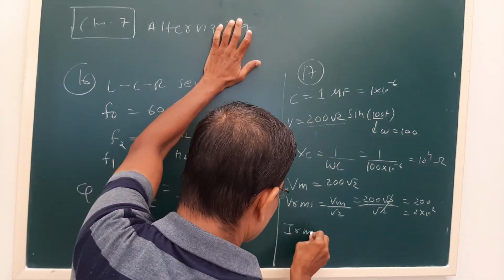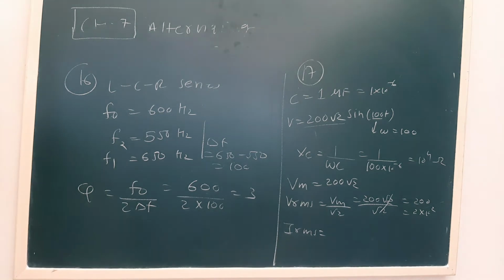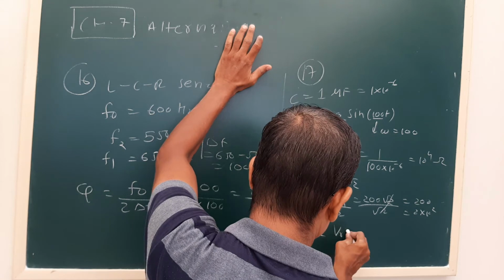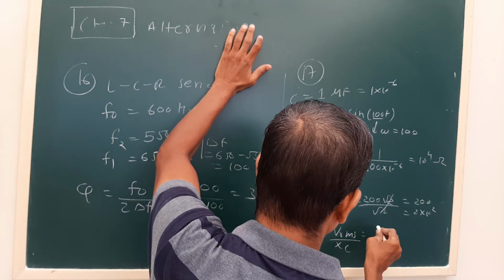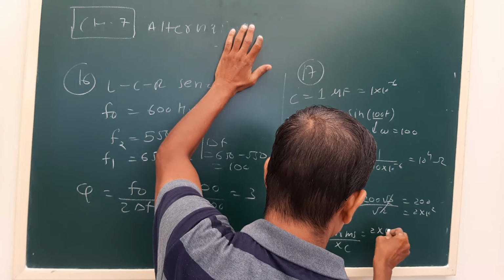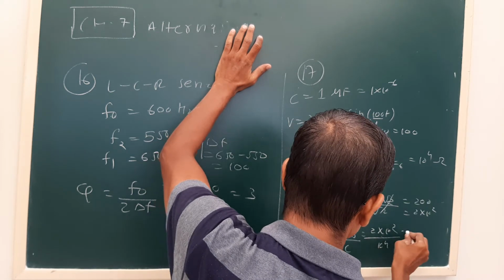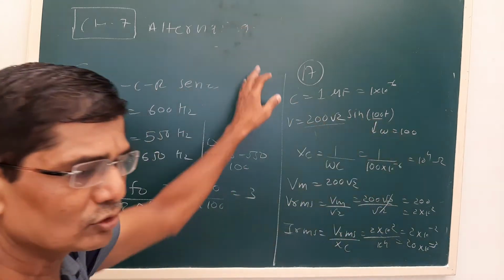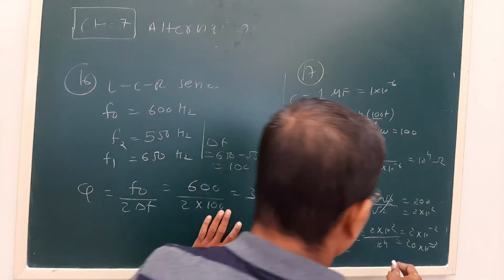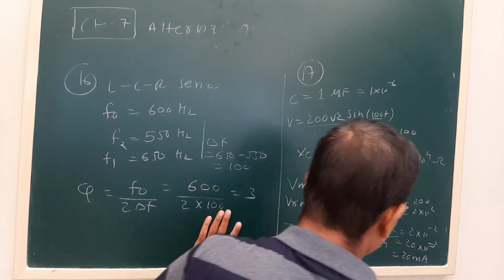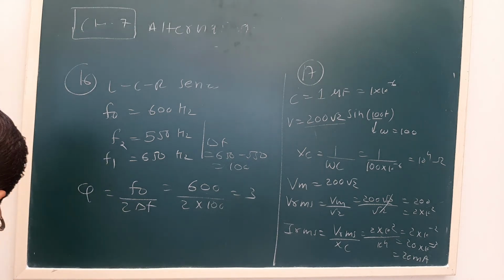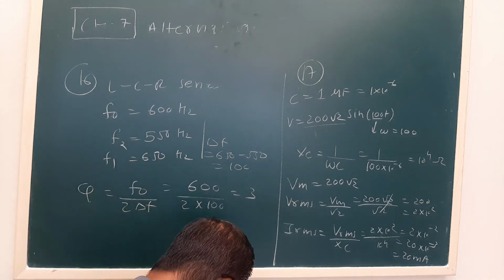Now we have to find out Irms. Okay. So RMS current in circuit with capacitor only is Vrms upon Xc. Vrms is 200. Here it is 10⁴. Okay, so if I solve, it will be like this. So that will be 20 milliampere. Okay, so this is how we can calculate the current in the circuit with only a capacitor. Okay, so this is our MCQ number 17. Now see the next MCQ.